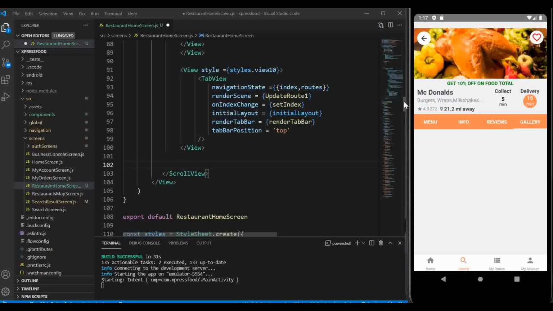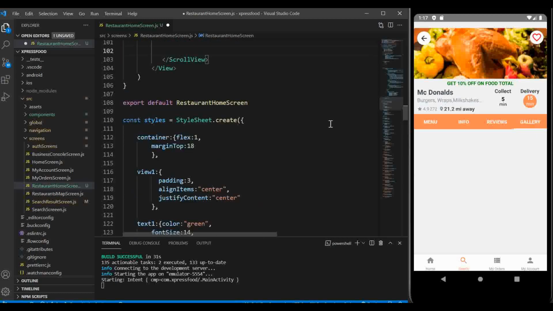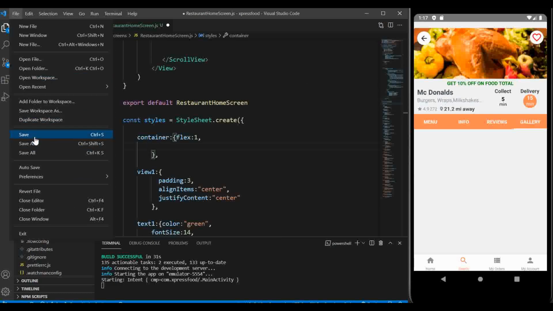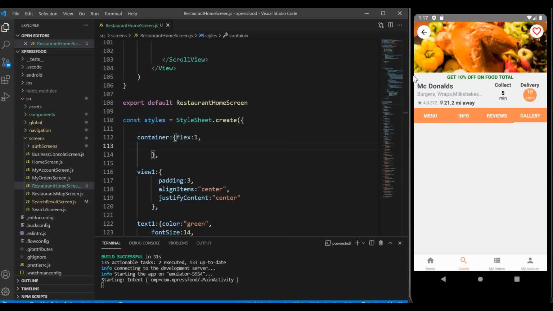So scroll down to your styles. For some reason there's a margin top of 18 on my styles. I'm going to delete that. That is what is causing this white space, and let's see if that changes. Okay, that is changing. Also, we still have some radius, and I don't want to have those radius,